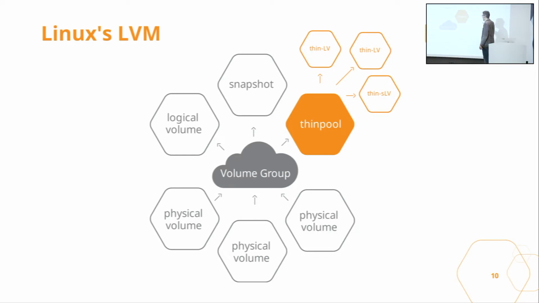LVM has thin pools. So here a regular LV becomes a thin pool, and out of that we can create thinly allocated logical volumes. Anyone not aware of the difference? Everyone knows it. And also one nice thing is snapshots: in the thin LV implementation, they share the exception space. So it stays